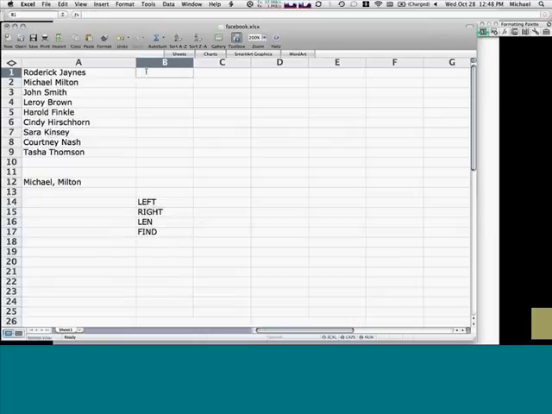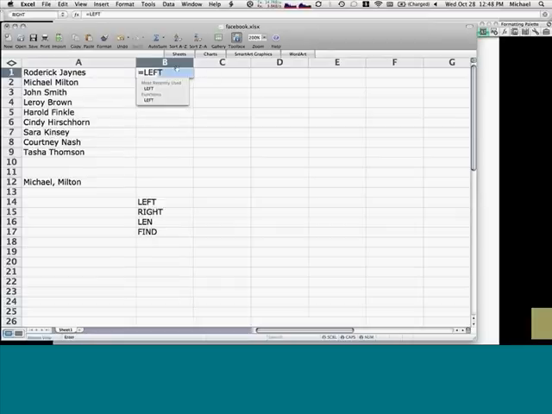So what we're looking for here is a pattern that will allow us to pull out the first name. What is the pattern, I would say, is that at the end of every first name is a space. So what we want is a formula that grabs letters starting from the left, only up to that first space.